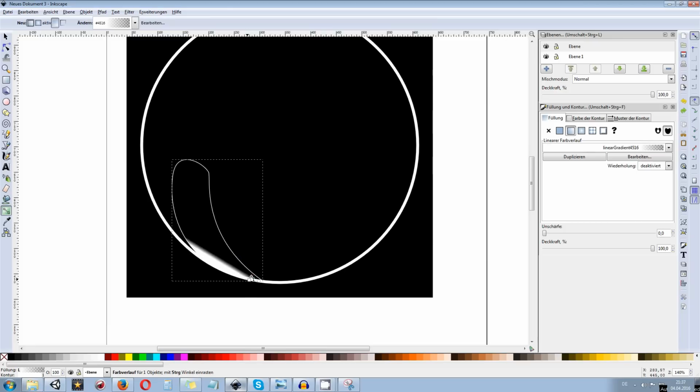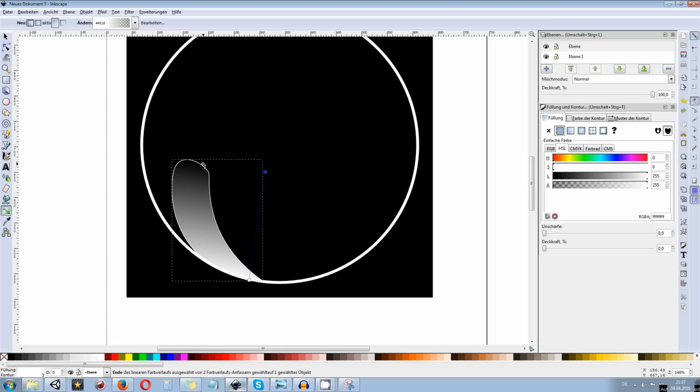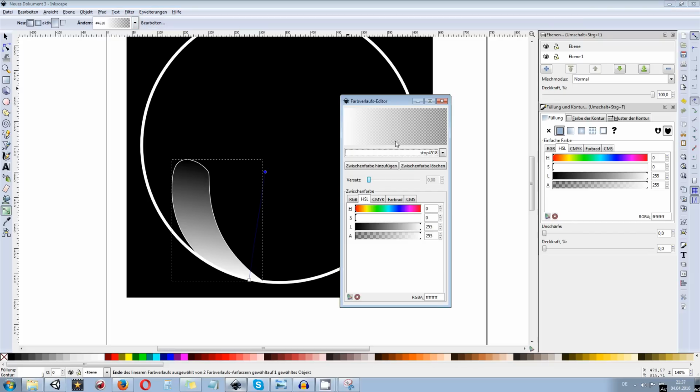I start over here somewhere in the back, and then just drag this one in the top direction, so the end of the line in here will be almost transparent. You can also see this will be the transparent gradient we are going to use. You can always go in and change the gradients in here, so make sure that the very last one is white with 0 alpha, and the first point, the first stop color in here, is going to be full white with 255 alpha.